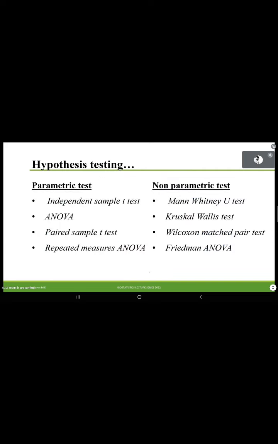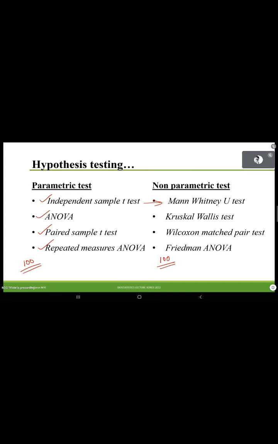See here, a few parametric and non-parametric tests I listed. Independent sample t-test, ANOVA, paired sample t-test, and repeated measures ANOVA. And here you can see the non-parametric analog. This is actually the analog of the same. For example, if you have 100 parametric testing procedures in statistics, 100 non-parametric versions you can also identify. So for each and every parametric method you have a non-parametric analog. The same situation you can handle, you can do the hypothesis testing in a different way depending on the normality. One is the parametric way, the other one is the non-parametric way. You understood, no? So for each and everything, there is a parametric and non-parametric.